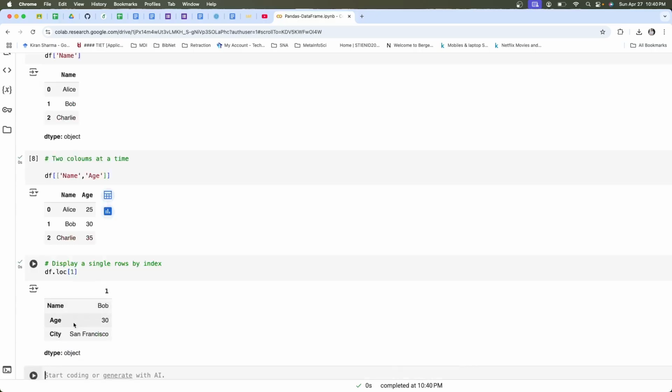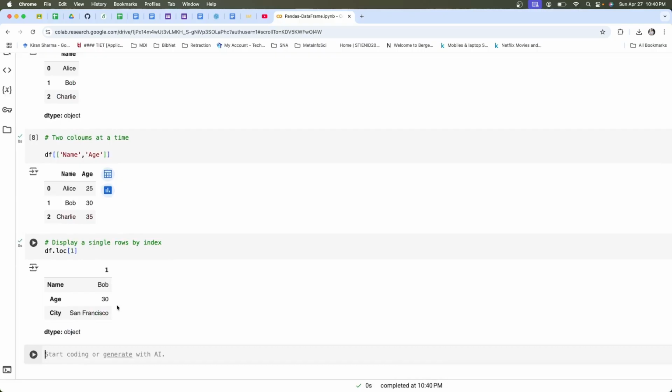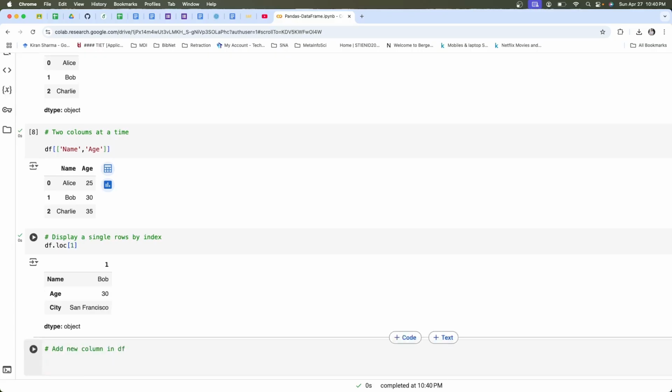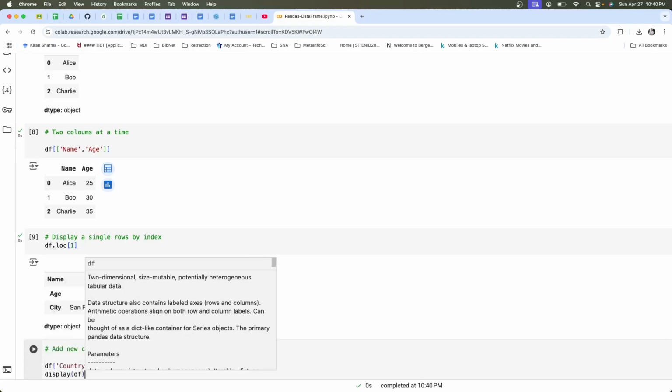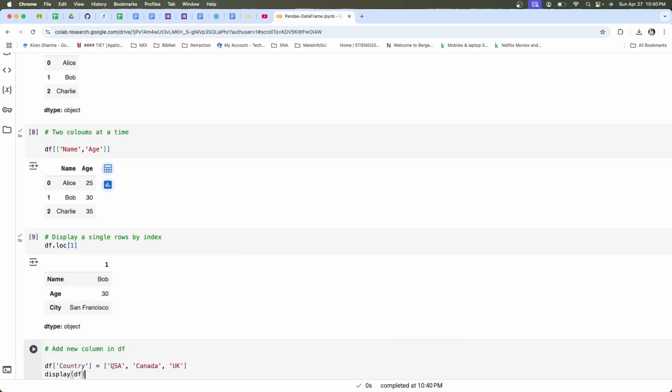Okay, now if I want to add new data, a new column in my df, I can add that also. You need to define, let's say I want to add country, so I will list the country names, because I have 3 rows, so I put 3 values right now.